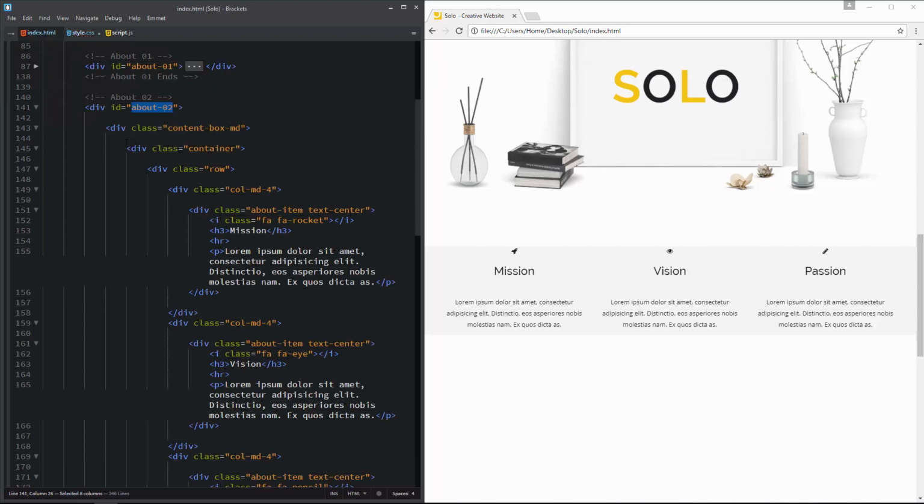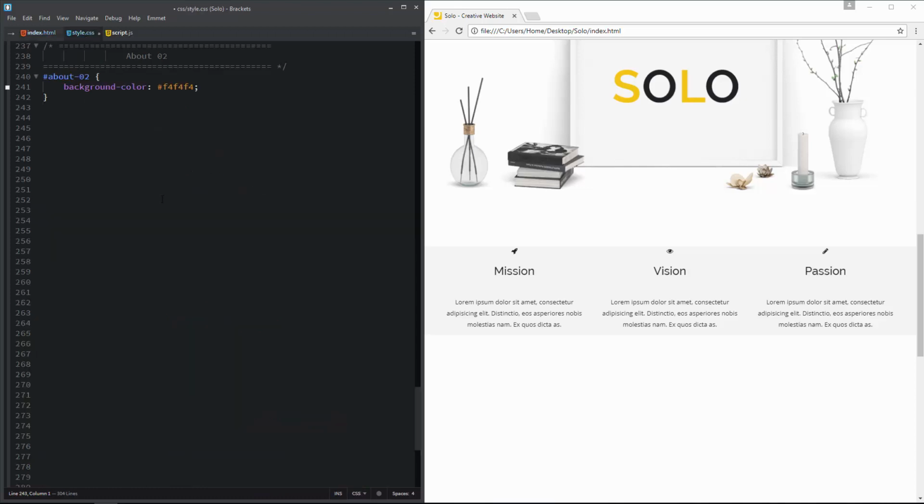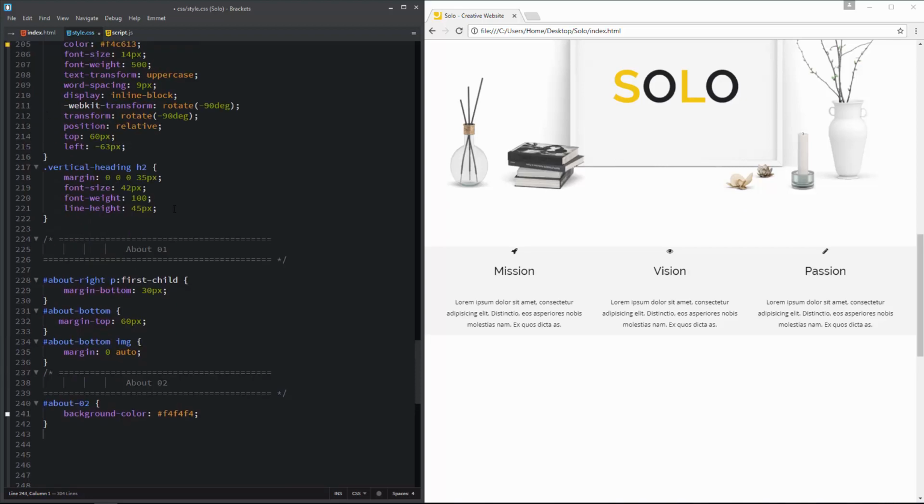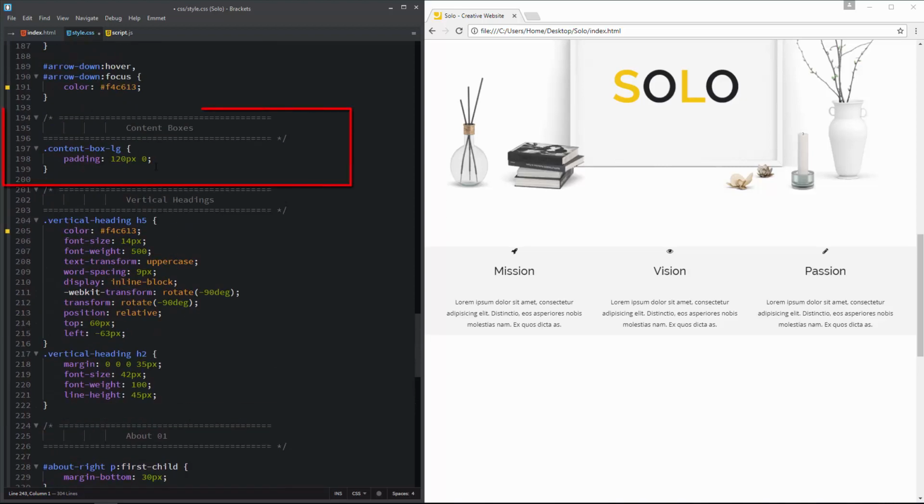As you see, I have created a medium content box for part 2 of the About section, and by using this div we can adjust the layout and create some white space around this section. For content boxes, I have created a separate section inside style.css. This one. And we will add all of our classes related to boxes under this comment.